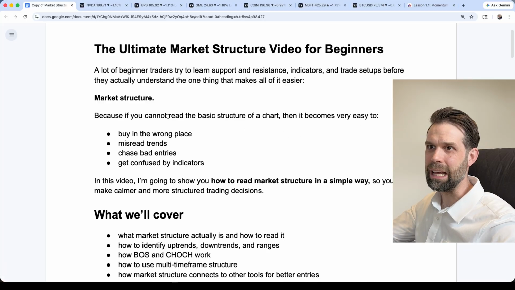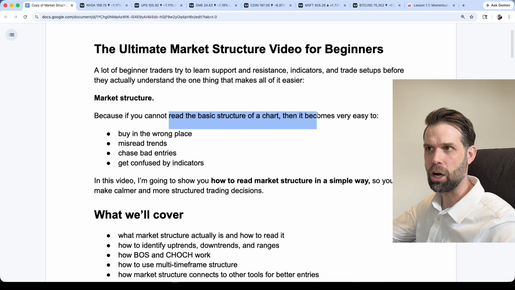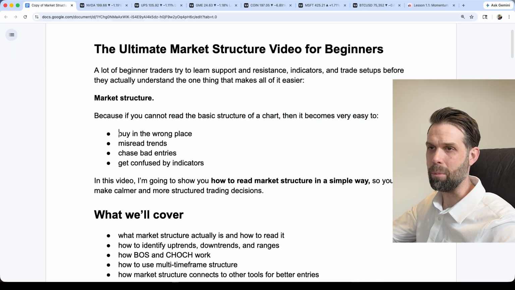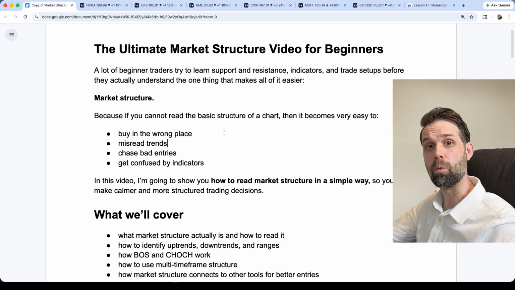A lot of beginner traders try and learn support and resistance, all the technical tools, trade setups, candlestick patterns, before learning the one thing that makes all of that way easier, and that is market structure. Because if you cannot read the basic structure of a chart, then it becomes really easy to make mistakes, such as buy in the wrong place, misread the trend, chase bad entries, and just get confused with what the indicators